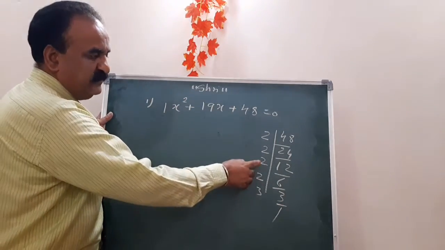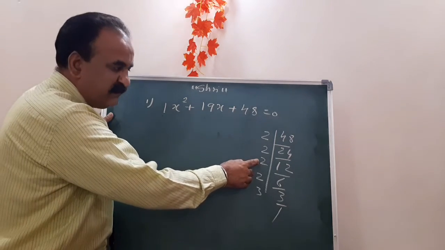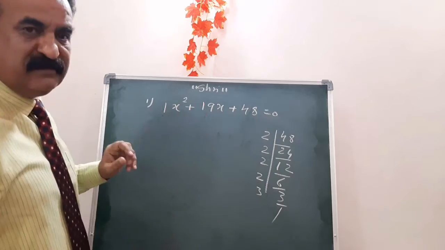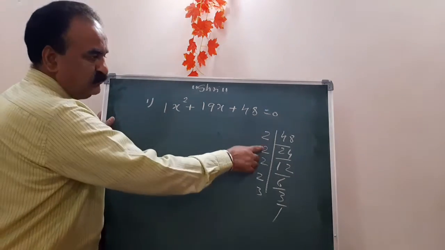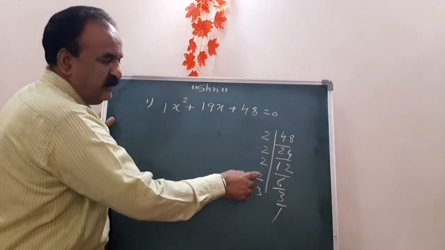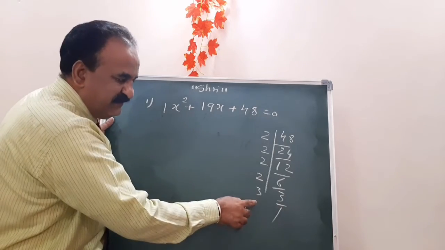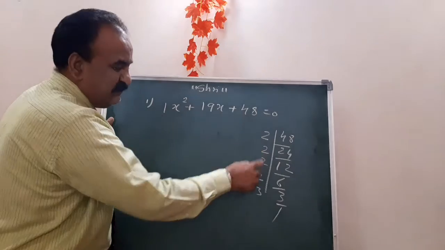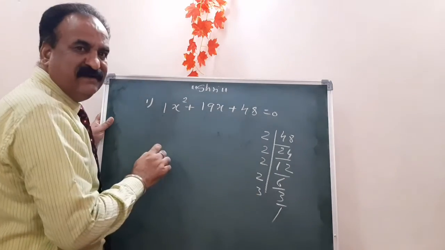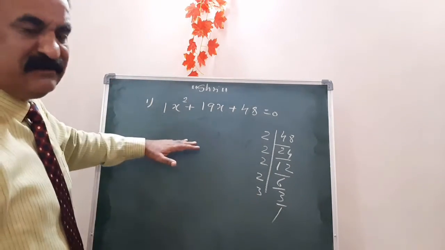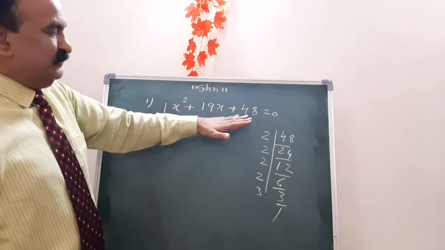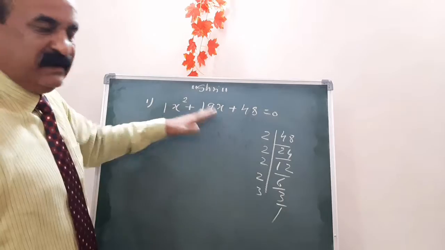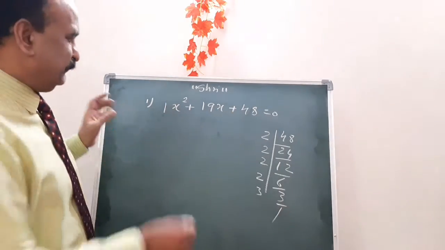3 2s are 6, 6 2s are 12, 12 is there, and 2 2s are 4, 12 4s are 48, which you don't want here. Now see here, 2 2s are 4, 4 2s are 8, 8 2s are 16, and this is 3. 16 3s are 48, and 16 plus 3 is 19. Okay, very good. It means the numbers whose multiplication is 48 and addition gives 19 are 16 and 3.